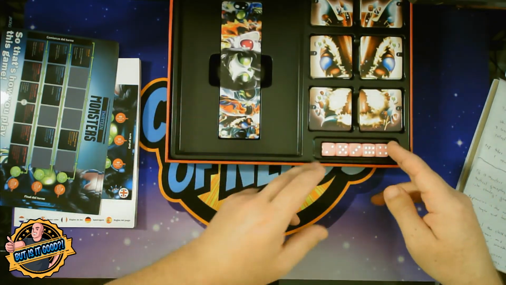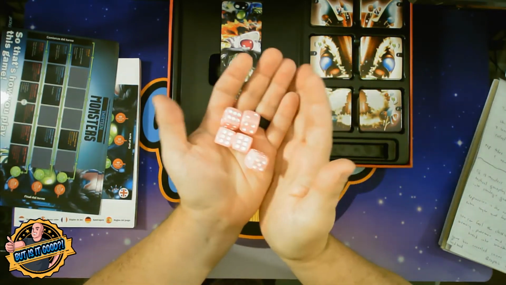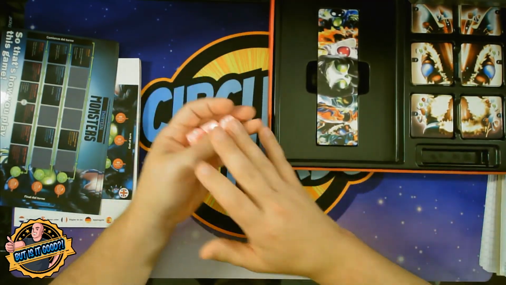And you can also attack, like I said. So let's talk about attacking really quick because it's kind of unique. It's basically kind of like Yahtzee. So if you have a monster that has